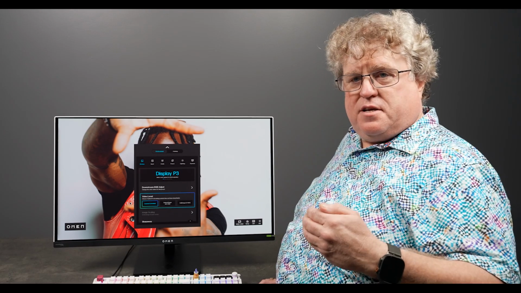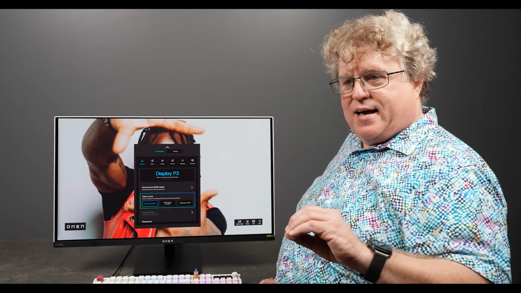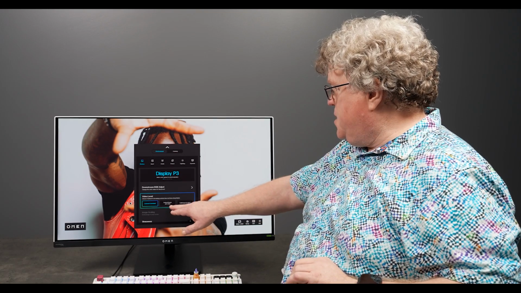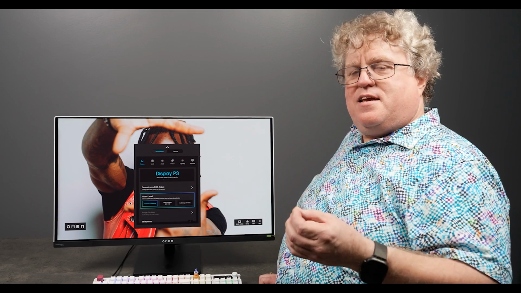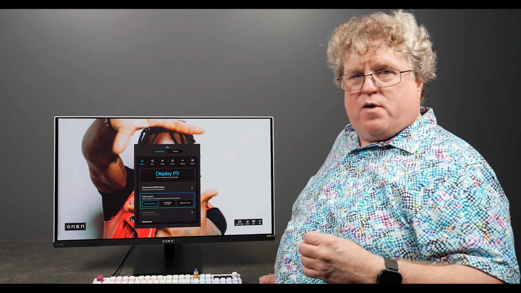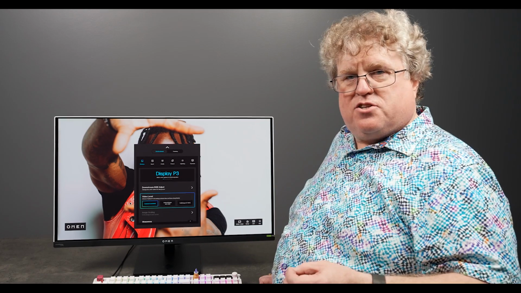If you're producing content to go over the air or over the top, the black needs to be set at a higher level and the white needs to be set at a lower level. And if I choose limited range, the monitor will automatically switch into that mode so black and white are at the proper place, just like they would be on a television. Notice our first option is content controlled. Content controlled means that there's metadata that is signaling what the black levels are. Am I at video levels or am I at full range? Most television programming includes this metadata to signal to the television to switch.